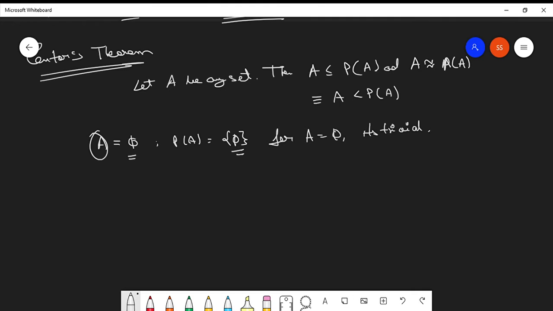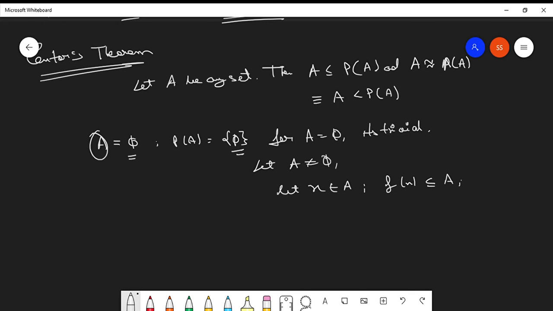Okay, obvious. Now what if A is not empty rather? So let A be a non-empty set. Then what happens? Let x be an element of A. If x is an element of A, then f(x) will be a subset of A when